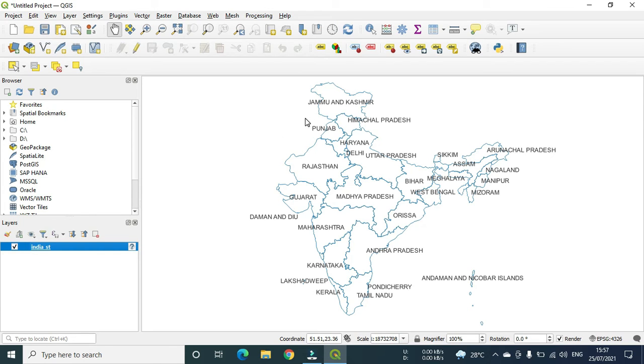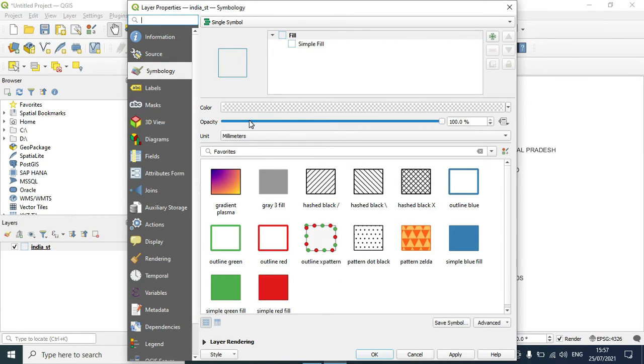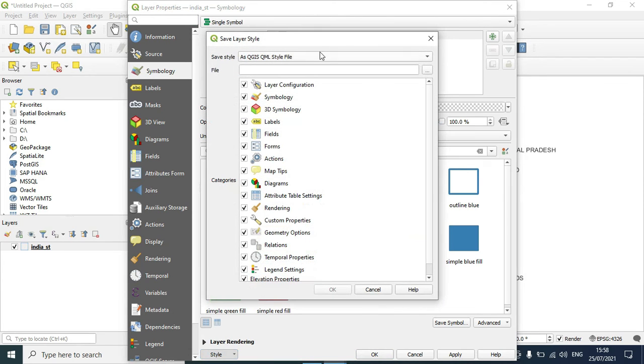So I am double clicking on it, and you can see on the bottom left there is a style drop down. So here it is. You have to click on style drop down and say save style. So you have to select SLD file format, and then you have to provide the path.